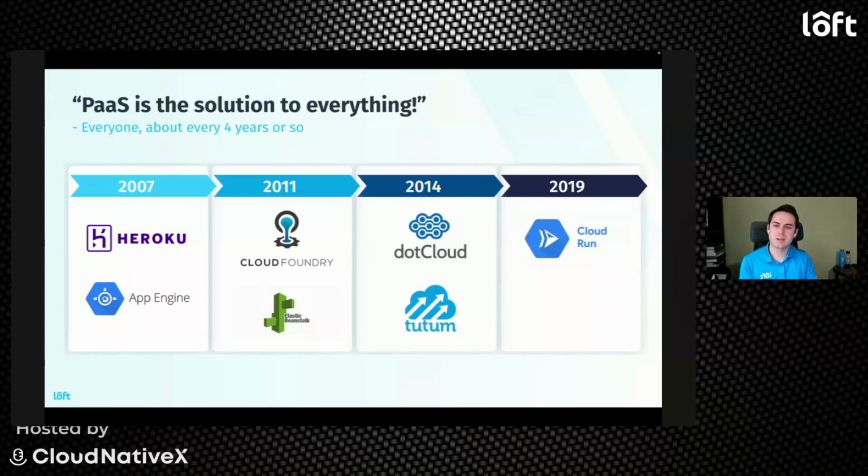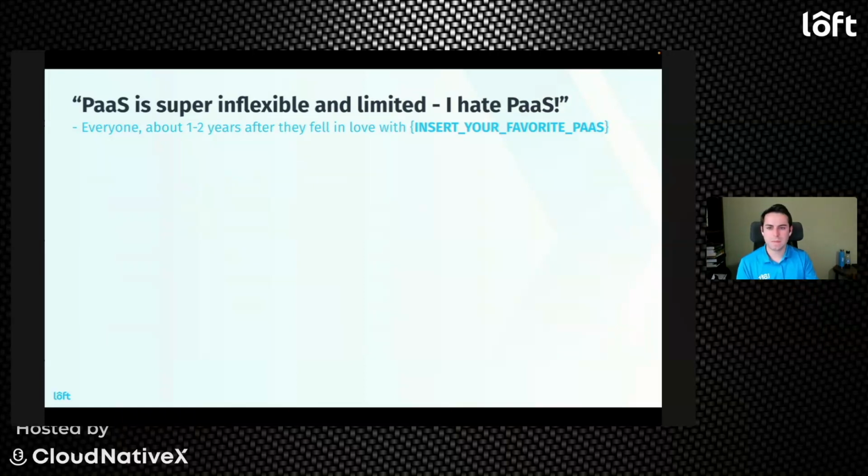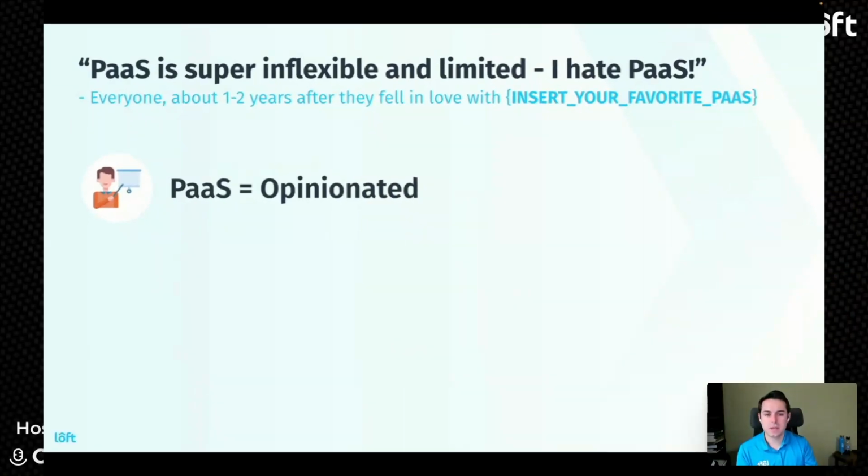So why is this pattern repeating every 4 years or so? Why is everybody thinking, well, we need a PaaS for this, right? We need to layer this. It's very, very, very interesting. And I think what we always see after a few years into the PaaS journey is people start hating that PaaS, right? And it's interesting that repeats because I think PaaS have a couple of benefits, and being opinionated actually